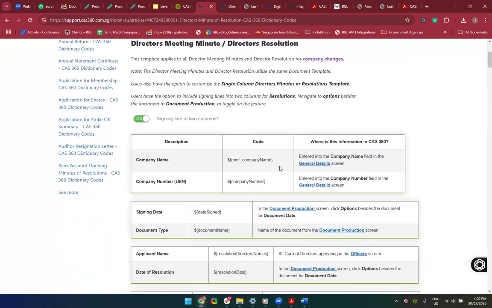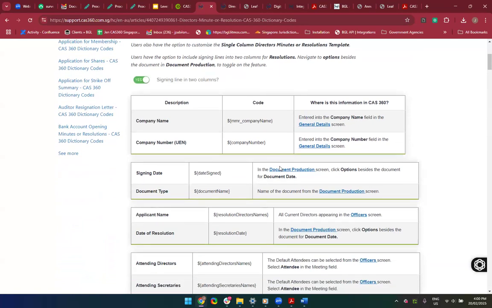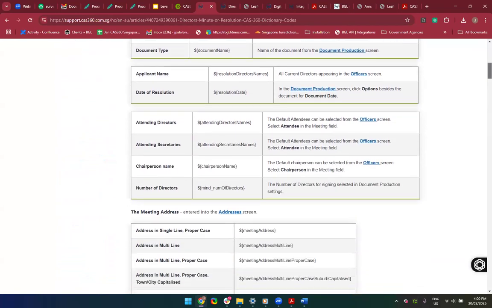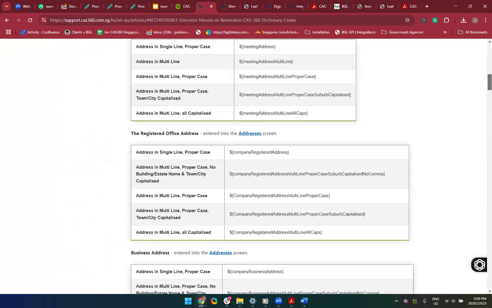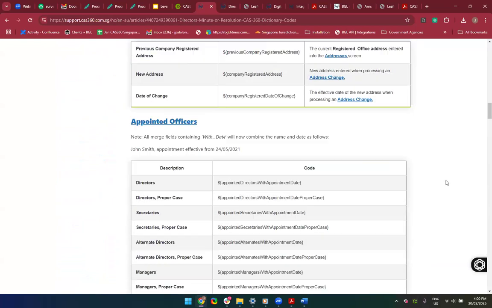So these are the codes that I will need to use when I'm customizing director minutes and resolution. For this case, what I want to do on those texts is an uppercase. To use an uppercase for your text, like an example, a company name, you can simply scroll all the way down